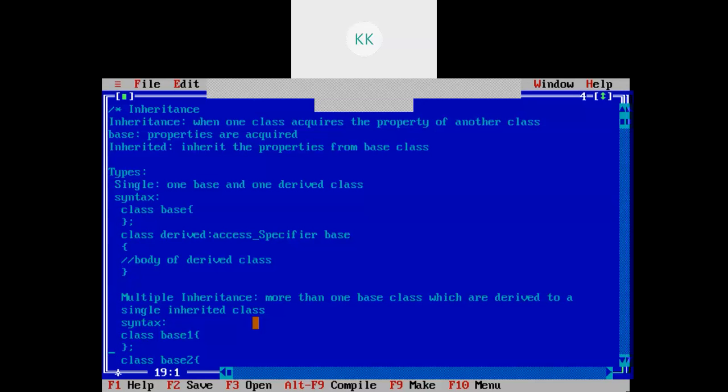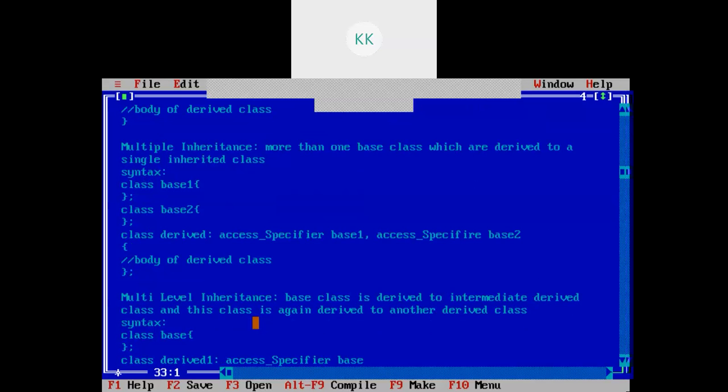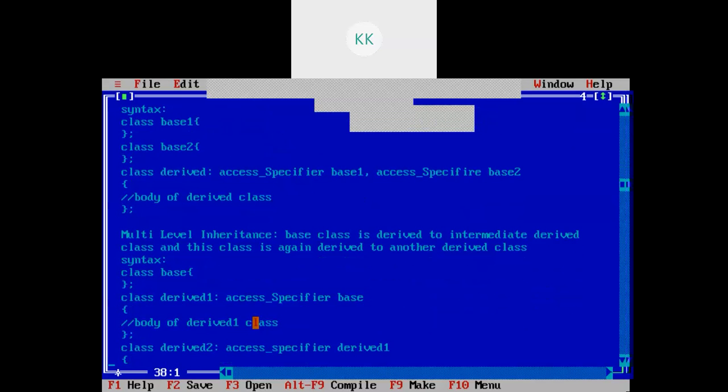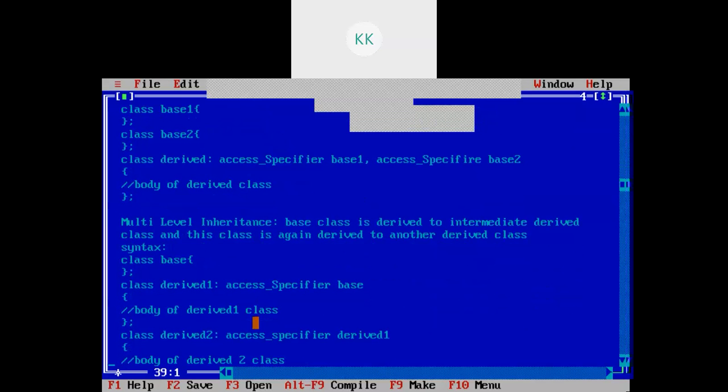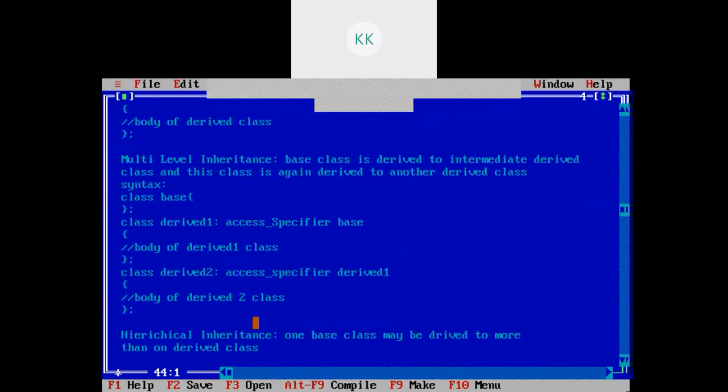In multiple inheritance, we have more than one base class which are derived to a single inherited class or derived class. In multi-level inheritance, a base class is derived to an intermediate derived class, and this class is again derived to another derived class, so it forms levels of inheritance.